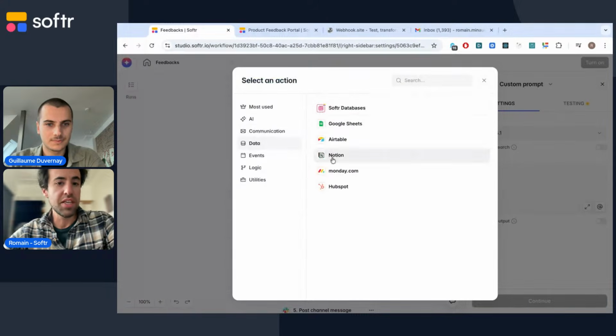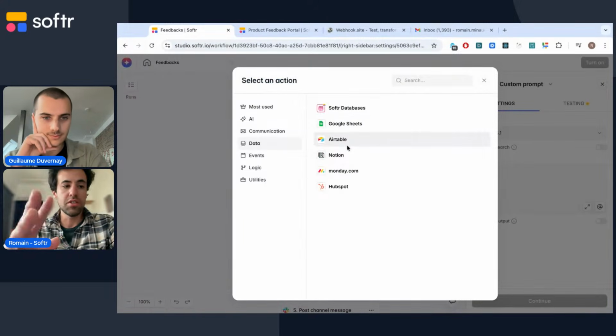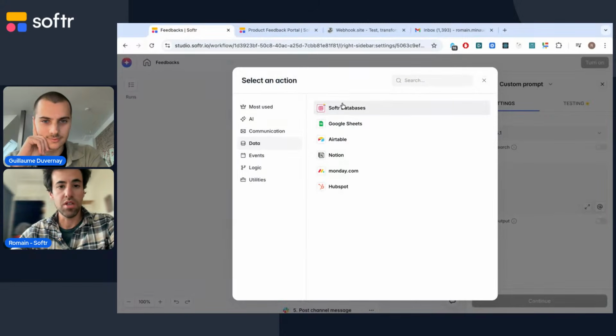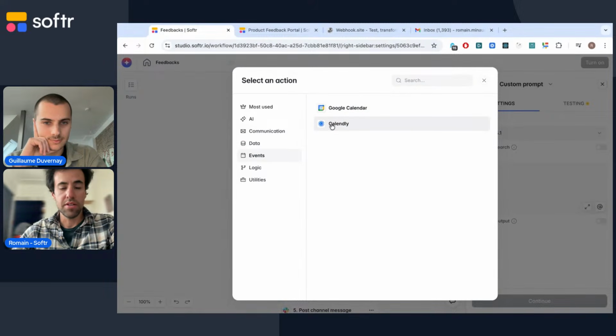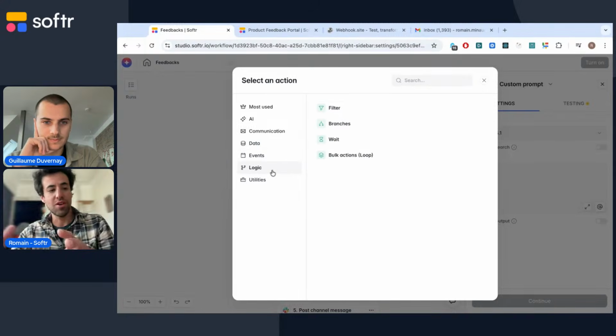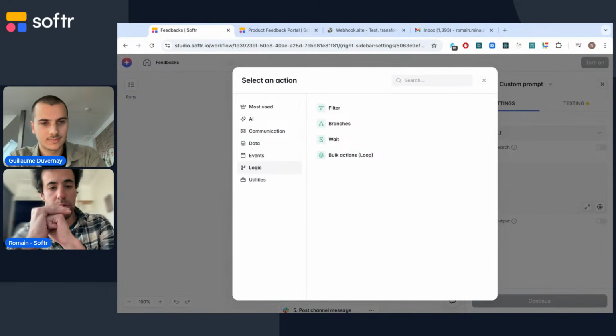So quickly on data, it will be all actions related to databases, so software database or external services: creating data, updating data, deleting data, essentially. Events: Google Calendar and Calendly to create events there. So logic, we will focus on them in the example, but those are actions that allow you to create some